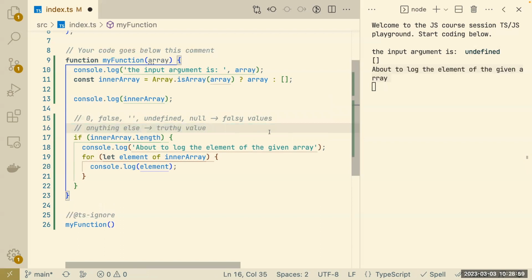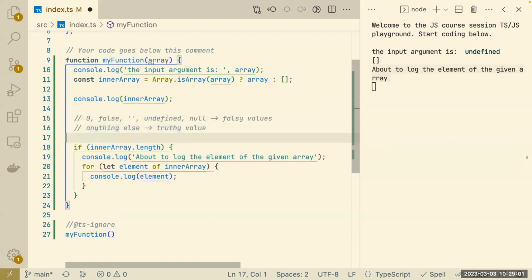Now the way if works in JavaScript, if in this if statement,